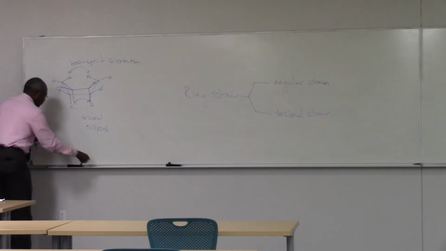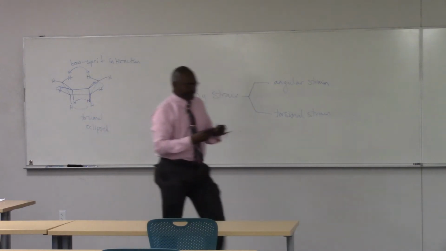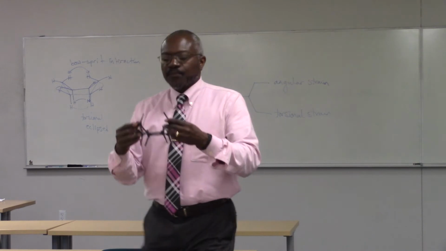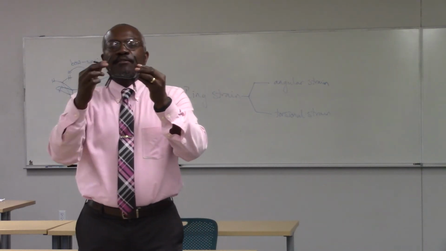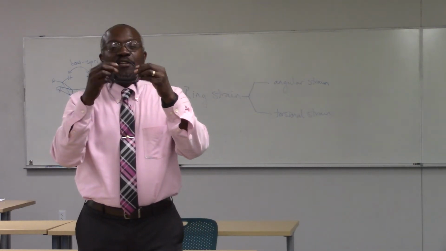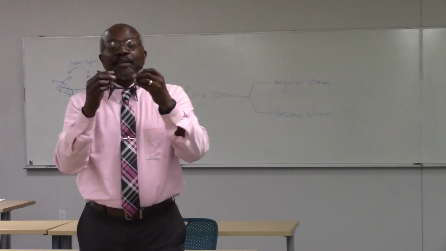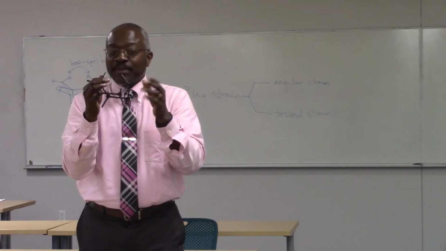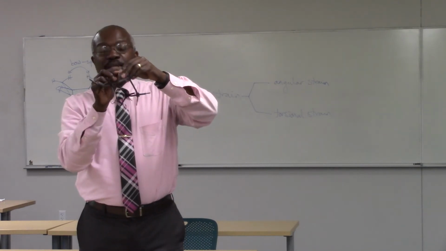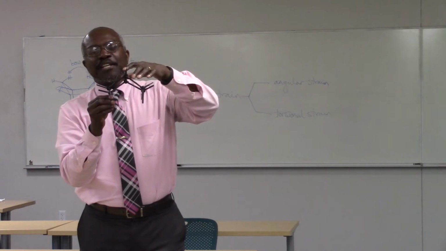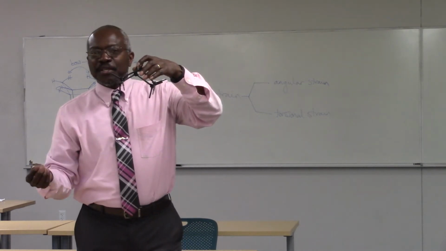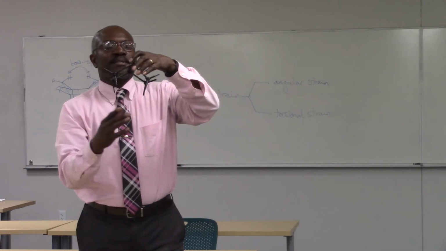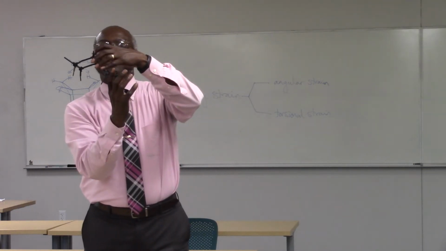Okay, so I'm going to bring this close to you so you can see it. So my bowsprit interaction is this interaction. See, you can always hear them clicking, right? That's bad, right? Because I've got my groups now rubbing against each other. That's pretty bad. So this is a bad interaction. But also, the H's on the decks are eclipsed with each other. These are eclipsed. These are eclipsed. These are eclipsed. These are eclipsed.